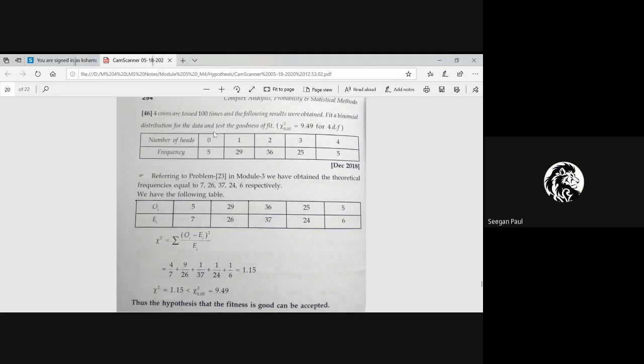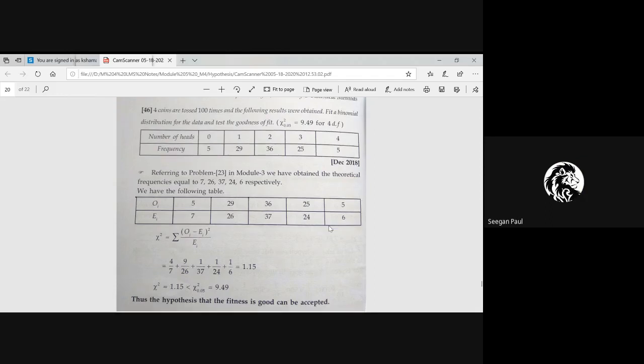See here, n is 100. I also will do, and I am asking you to do also. 100 C 0, r is 0. p is 1 by 2 and q is also 1 by 2. So for that you will get this expected frequency. After that you will take r as 1, then r is 2, then r is 3, like this. In that if you put the formula, you will get estimated frequency. Any other doubt, student?